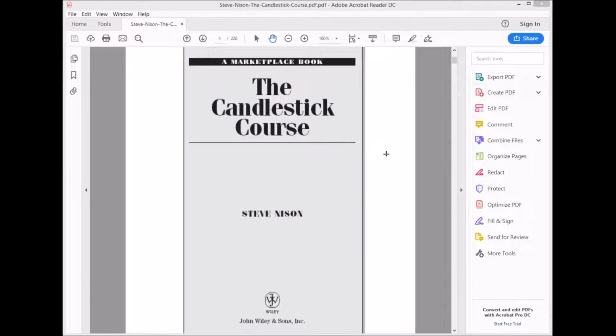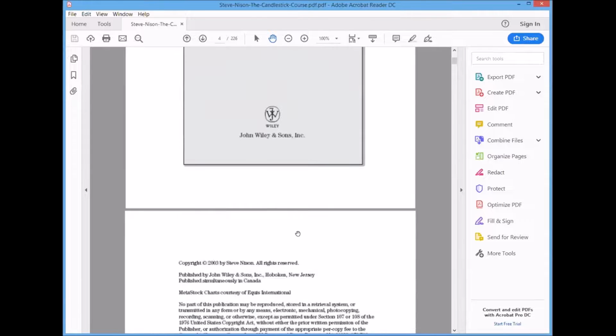So today we're going to take some time to talk about candlesticks, and we're going to take a look at 4 basic candlestick patterns. This particular book, The Candlestick Course by Steve Nison, is a very, very good, highly recommended book. And I'm going to read a little bit from it here